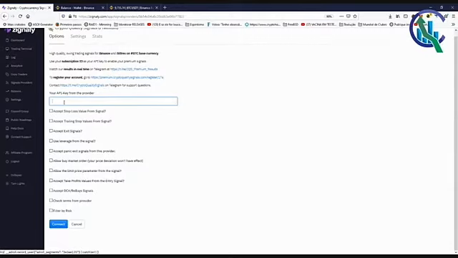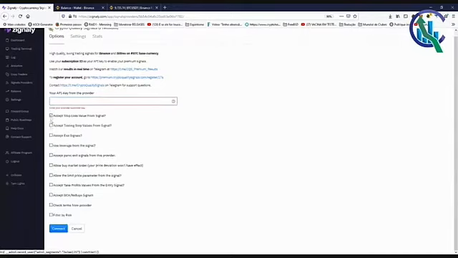Right now, I will put here one valid subscription key, but before that, I will just adjust some settings on this options page. The first one, I want to accept stop loss from the signals. I want to accept trailing stop loss. I want to accept exit signals. I want to use leverage from the signal. I want to accept panic sells.